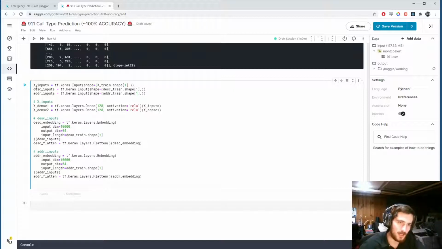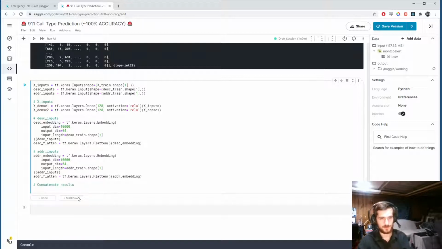So now we took each input and fed it through its own little pipeline, and now we're going to concatenate them together. So we'll call it concat, tf.keras.layers.concatenate, and we're going to concatenate xdense2, so the outputs of each section, desc_flatten and address_flatten,